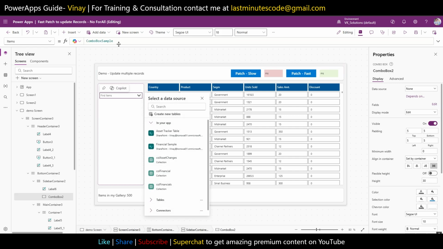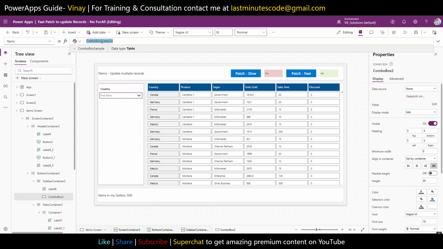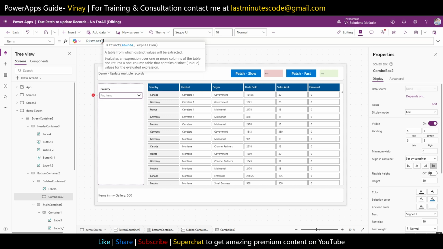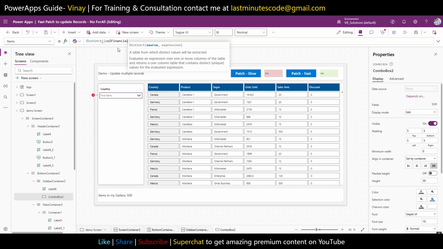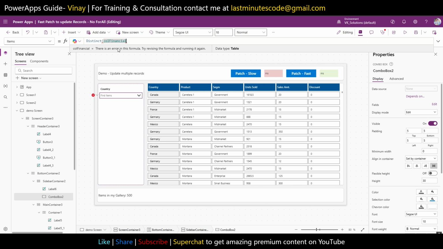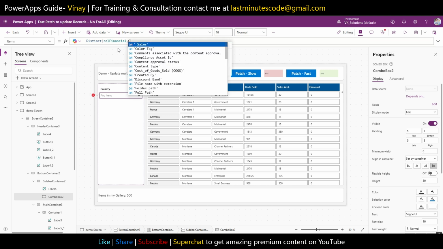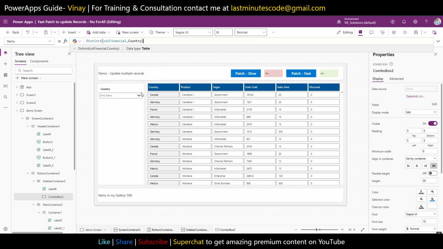What I see people using is distinct. I mean, this is kind of good, but again not good. If you are using distinct, use collection again, because distinct is also a non-delegable query. So if you write ColFinancial and then hit on a comma and then write country, and then what you will notice is that even though it's not showing me properly, if you click up here,